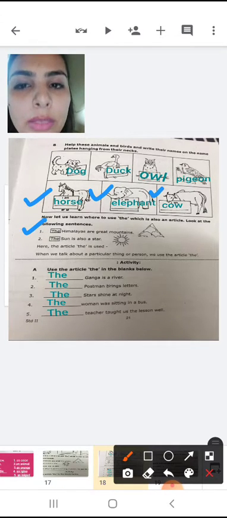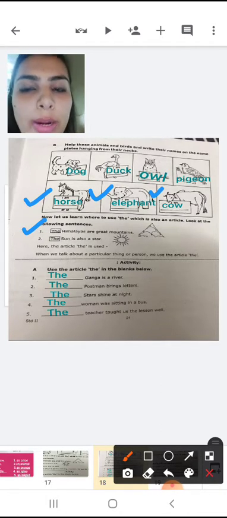So next activity is based on this. You have to just use the article the in the blanks below. So you just have to write the in the blanks. So first is the Ganga is a river. The Ganga is a river. Second, dash postman brings letter. You have to write the postman brings letter. Third is dash star shines at night. So the stars shine at night. Fourth is dash woman was sitting in the bus. So you have to write the woman was sitting in the bus. Fifth is dash teacher taught us the lesson well. So the